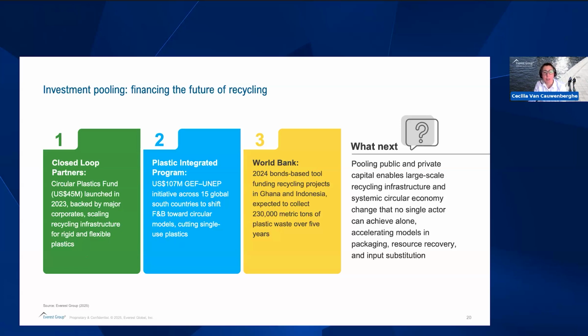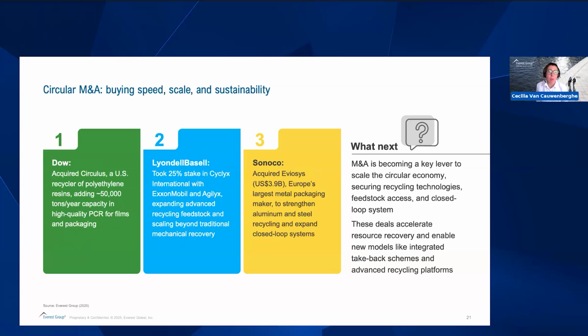They share the insight that circular projects are not underperforming per se. They are sometimes underfinanced. We are talking about an uneven position in this circularity. So pooling fixes a bit this asymmetry, aligning investor confidence also with verified operational results. In the next slides, we will see what happens.